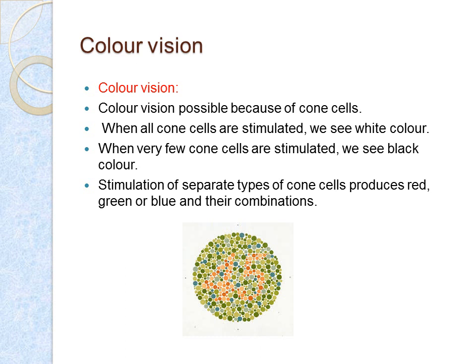So this is all in gist about the topics mostly covered in the eye. In the next videos, we will be discussing a few defects of the eye like myopia, hypermetropia, astigmatism, presbyopia and all. That is part 3 of the eye. Till then, please go through all these videos. All the things should be very clear, so that when you start with the next defects and their correction, you are very clear about the working principle of the eye, color vision, light and dark adaptation, binocular vision and all.